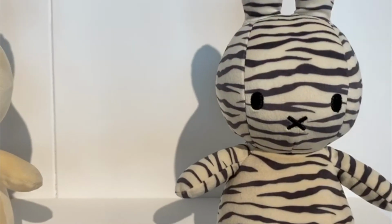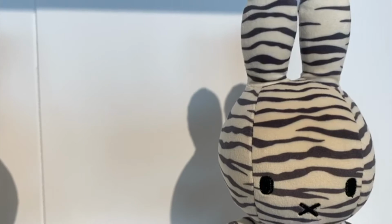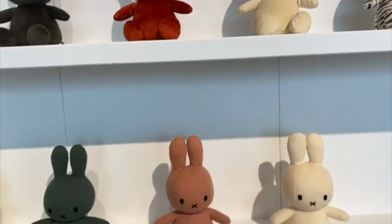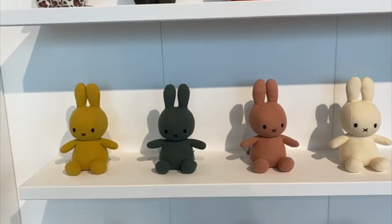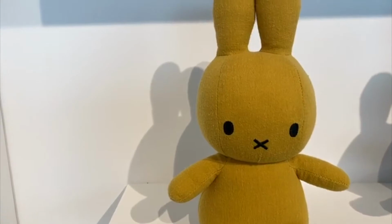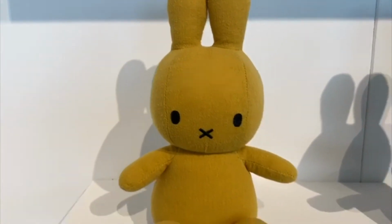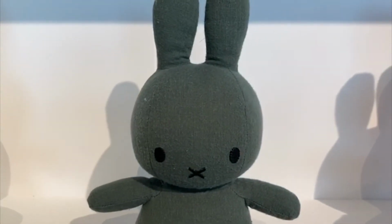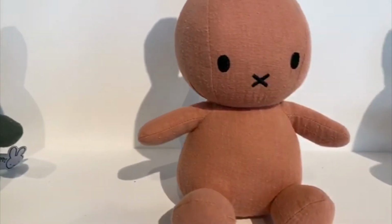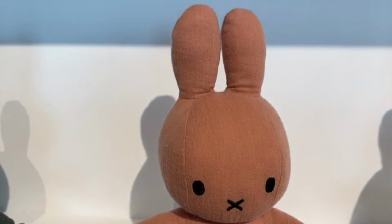Again, the design influence here is strongly on the tonal colours, so they all sit nicely together as a collection. Now we move down to the mousseline, which again comes in this lovely ochre colour. Nice close up here, and then we move on to the charcoal and the soft pink